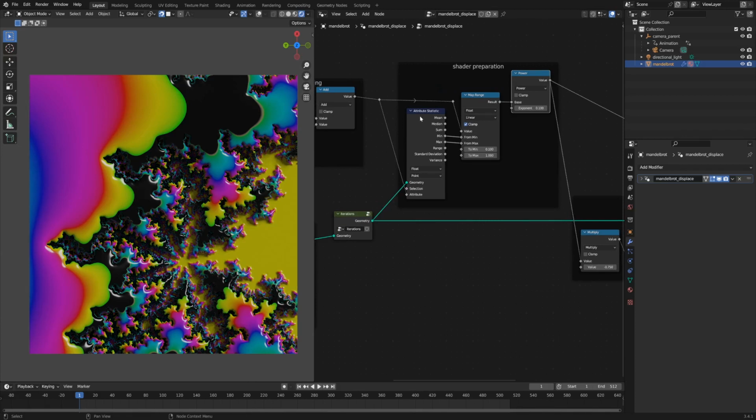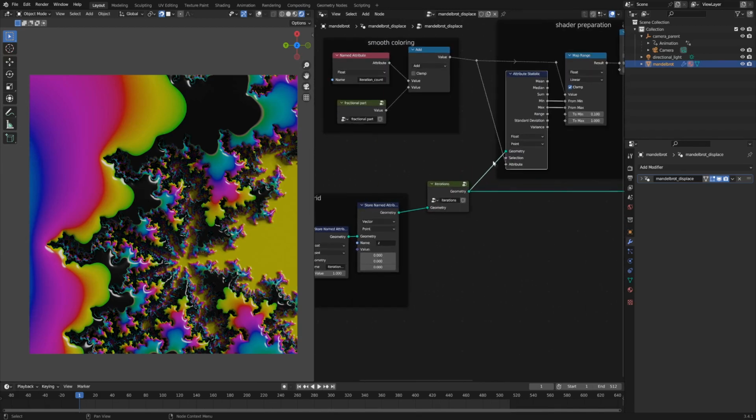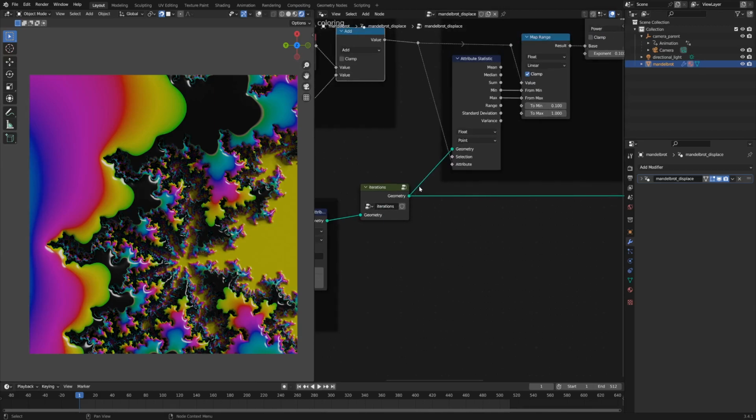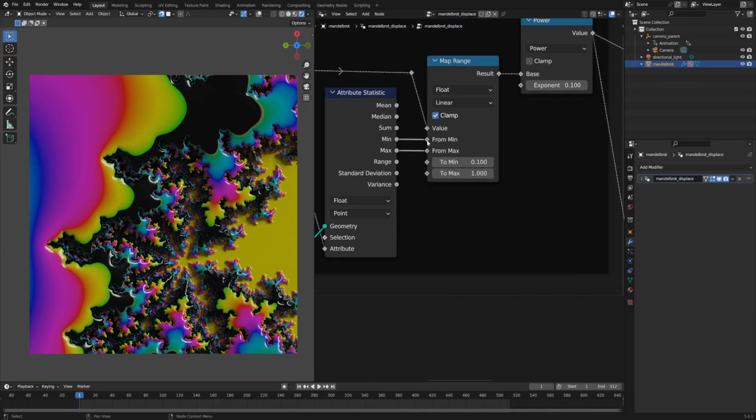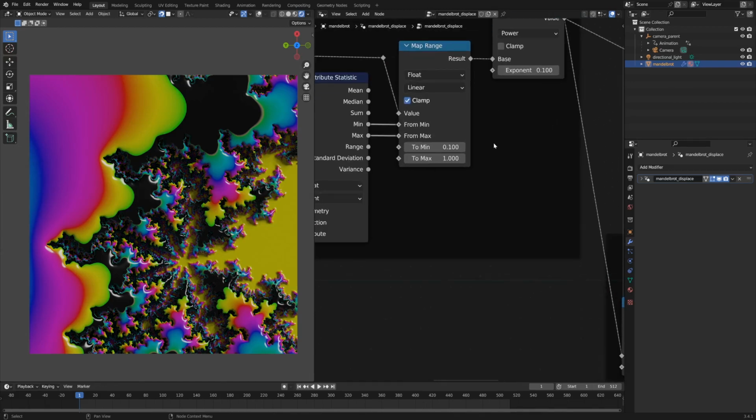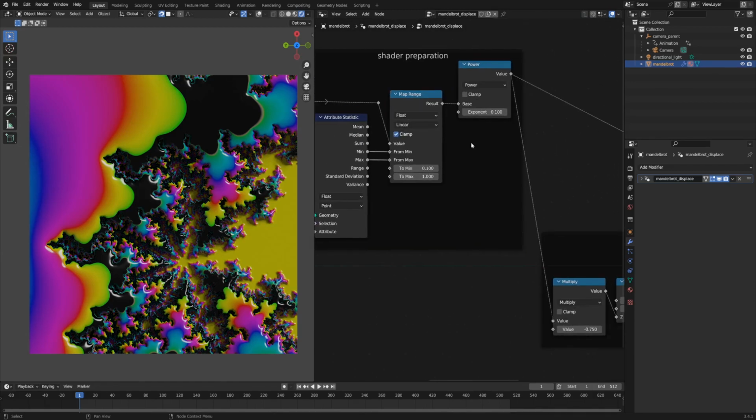The core to this mapping is the attribute statistic node. So we're taking the minimum and maximum values of the smooth coloring value for each point in the geometry, and we are squishing those ranges of values between 0.1 and 1. And that's just to get a better handle on the values that we're dealing with, because they could be all over the place otherwise. Then we are piping the output of the map range node into a power node,